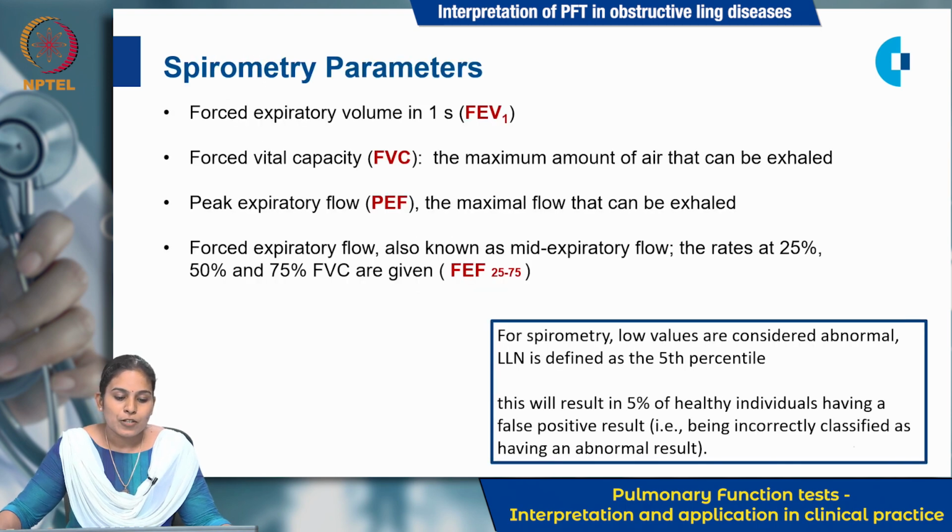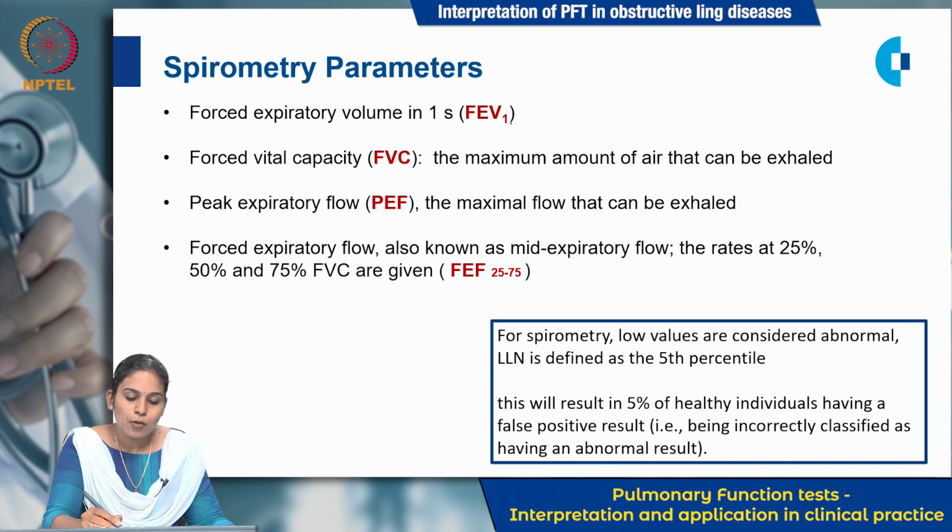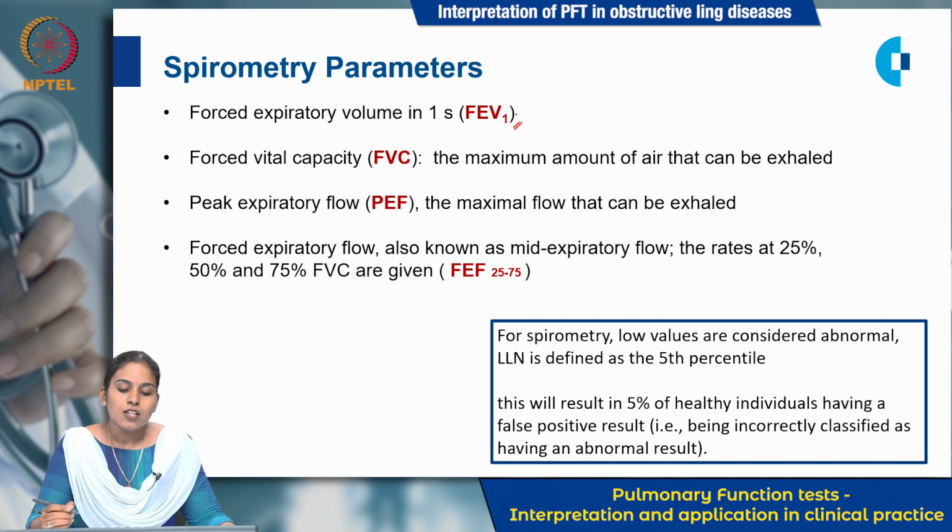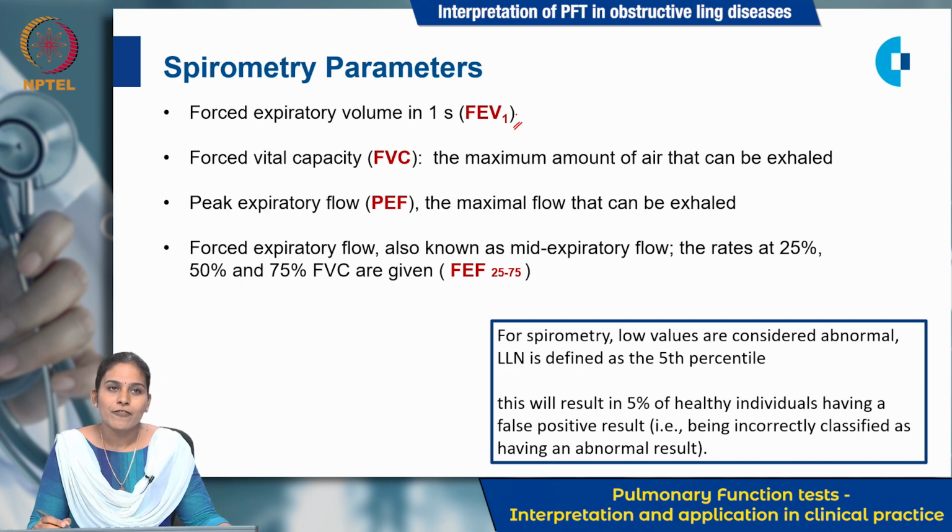So what are the spirometry parameters? I'm sure my colleagues would have taught about the normal spirometry. So we are going to see what this FEV1 is. This is just a recall session. FEV1 is the maximal amount of air which is exhaled in the first second, and your forced vital capacity is the maximum amount of air that can be exhaled after maximal inspiration,